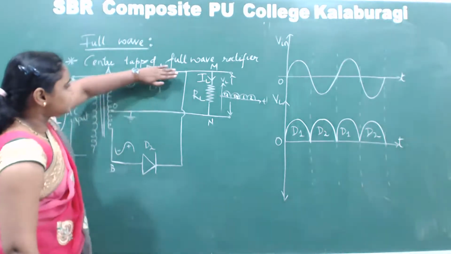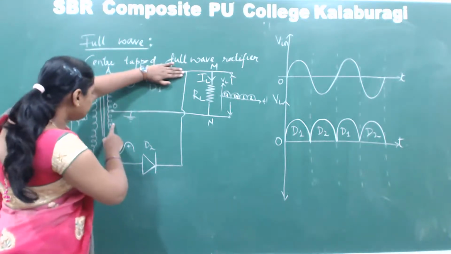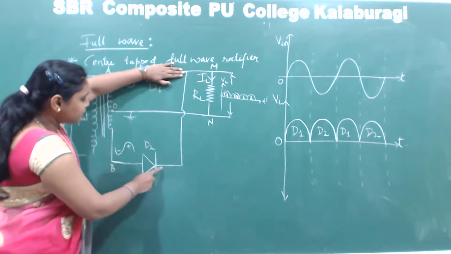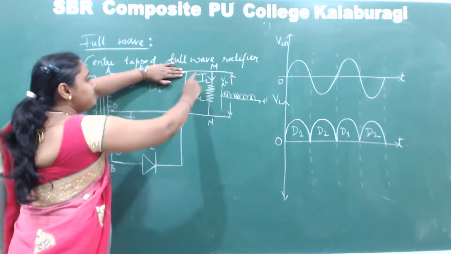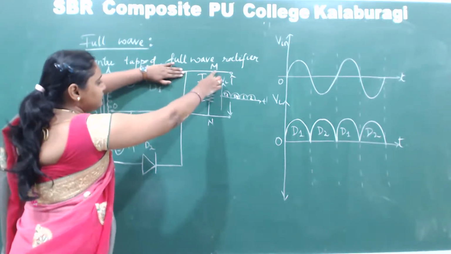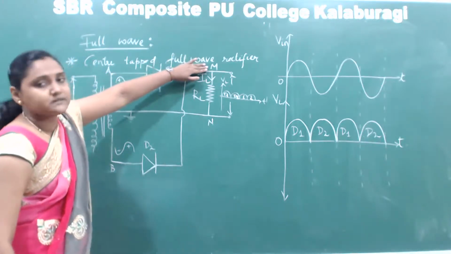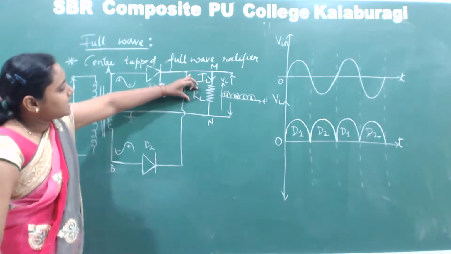Now, as D1 is reverse biased, this much portion of the circuit does not exist. So the current starts from the secondary, from terminal B, it moves to the diode, and from the diode it reaches M. Like this the current flows, and from M it reaches the N terminal. So in this case also the current is flowing from M to N through the load resistor RL,